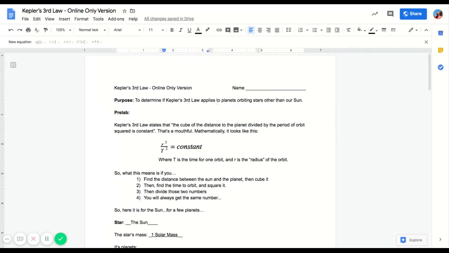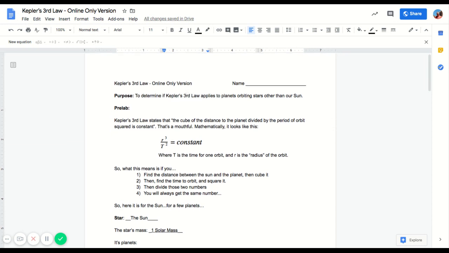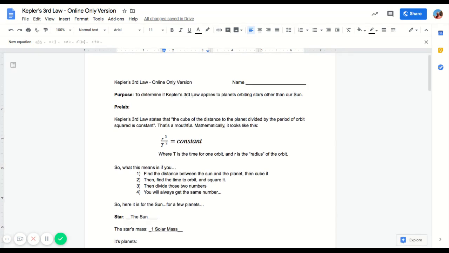All right, this is a little lab. If we were in class, we'd do it. It would be quite a bit longer, but online I've shortened it up a little bit. And the purpose of this is to determine if Kepler's third law applies to planets orbiting stars